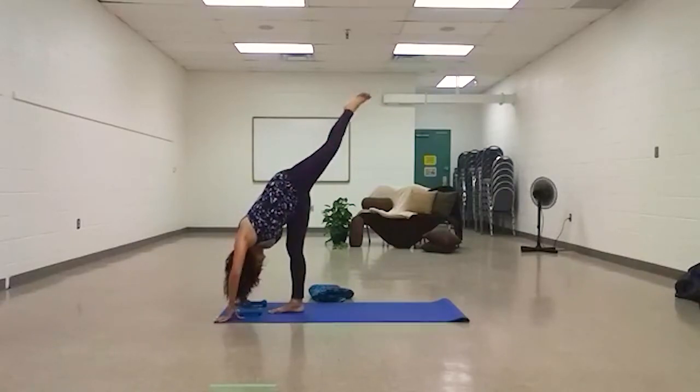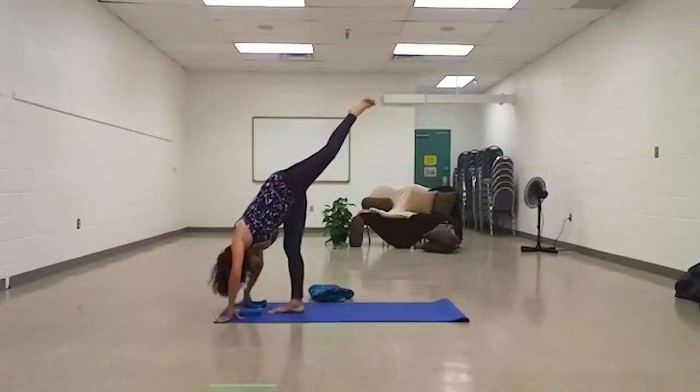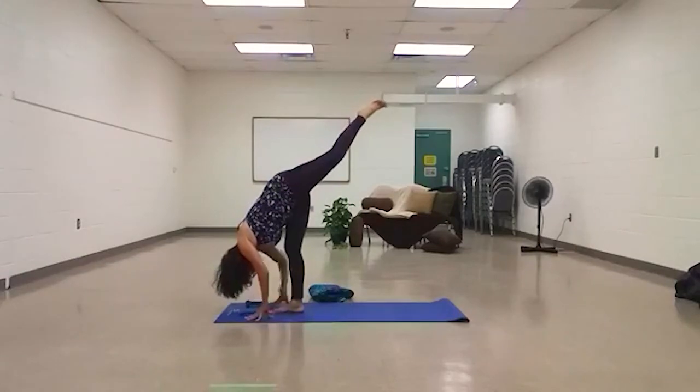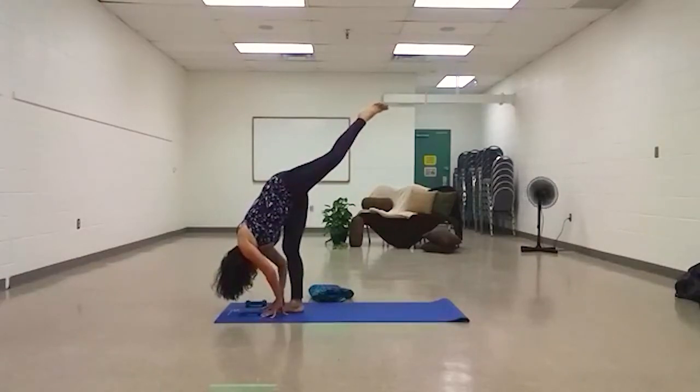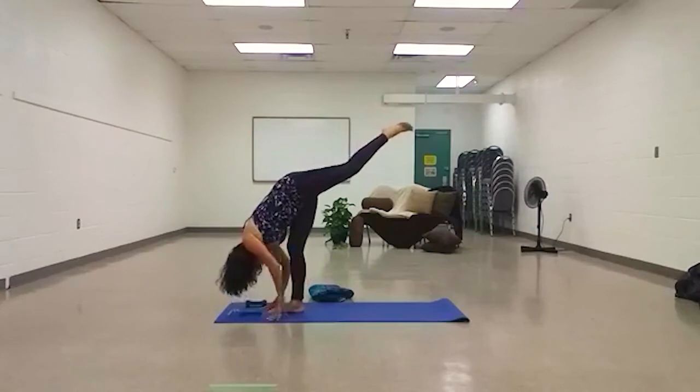So reach those legs. You can bring your torso close to that standing leg. Remember, that standing leg is not locked. If you look at the ground, it will ground you. You can bring your hands closer to your foot. That smaller base gives you more of a challenge. Stretch the legs. And if you like, try to hold on to that